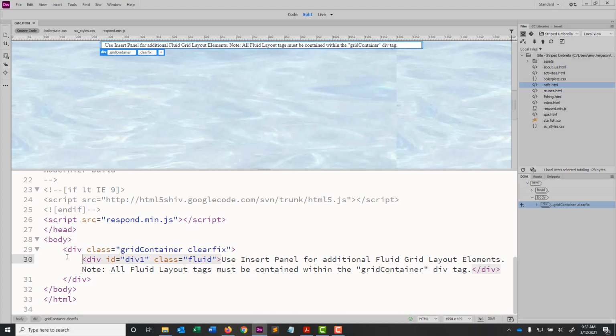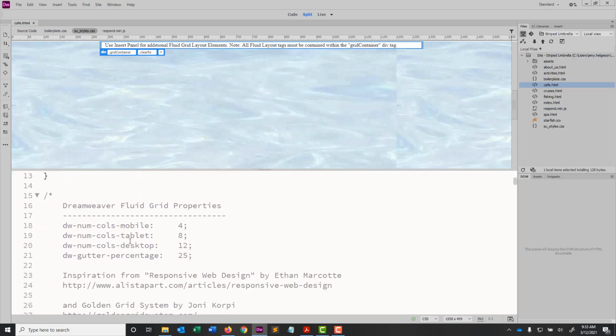So let's just note that on line 29, it says div class equal grid container, and then we have an additional class called clear fix. So these are CSS classes that can be found in SU styles. Okay, so let's go ahead and check those out. So grid container